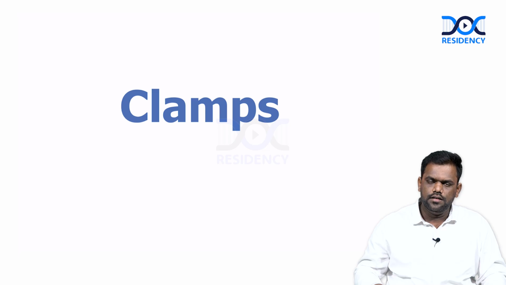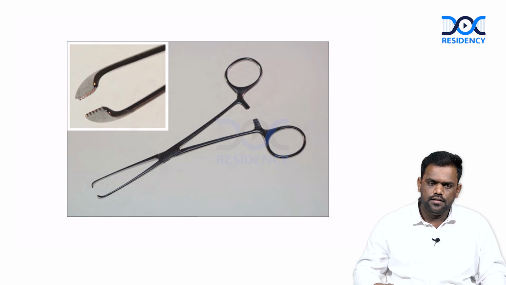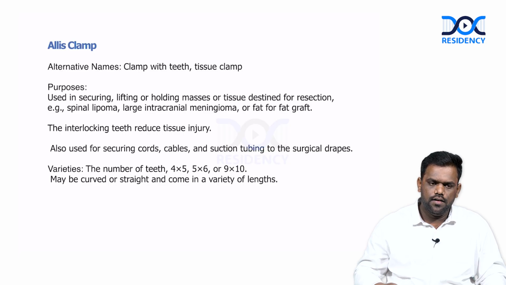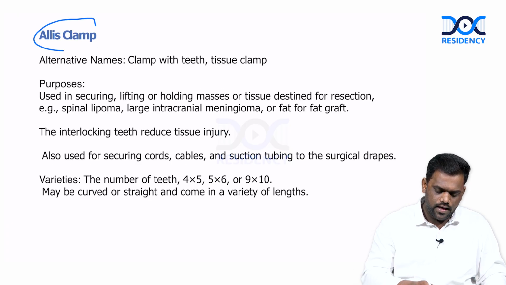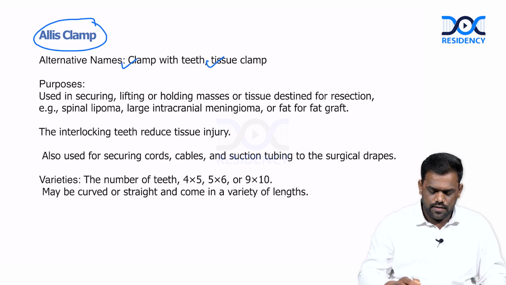Let's see about clamps used in neurosurgery. Identify this clamp. This is your normal Allis tissue clamp. The alternate names are clamp with teeth and tissue clamp. It is used for securing, lifting, or holding masses or tissues designed